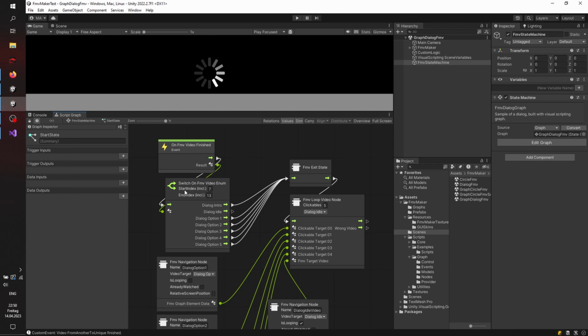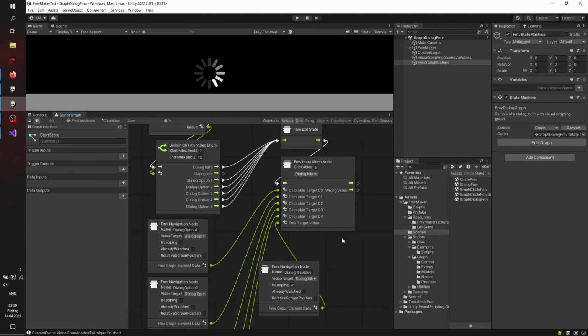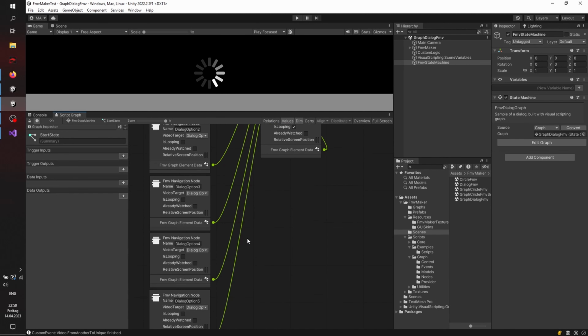I change the start and the end index here to just display the videos I need. Exit the current state, loop the video, and display all the dialog options as navigation nodes here. And only the idle video will have this FMV navigation node as base data. And every time we click on some kind of dialog option, we'll just